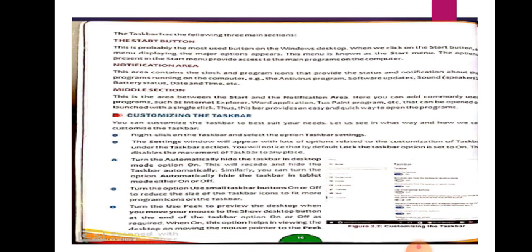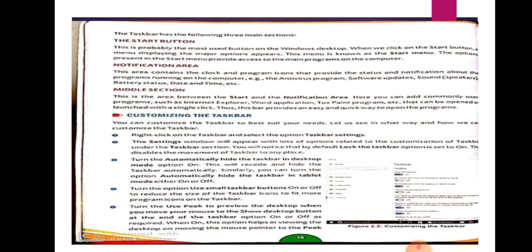Turn to page number 16 of your book. There are three main sections in the taskbar. You will notice a start button, which is also the most used button on any desktop. The start button is the menu to all the options available in your Windows. It will lead you to the main programs available in the computer.